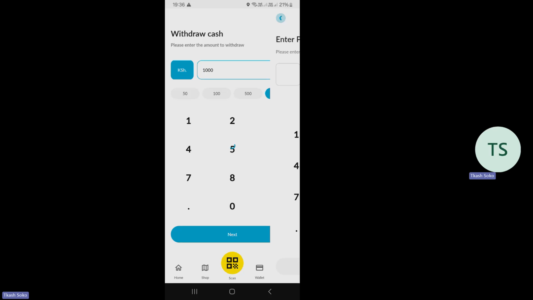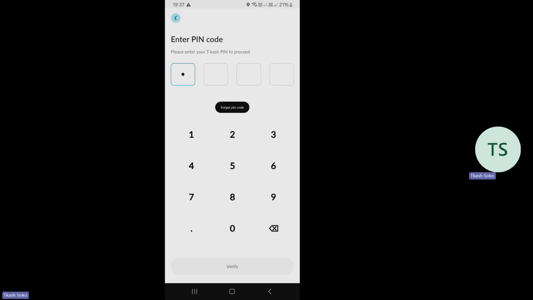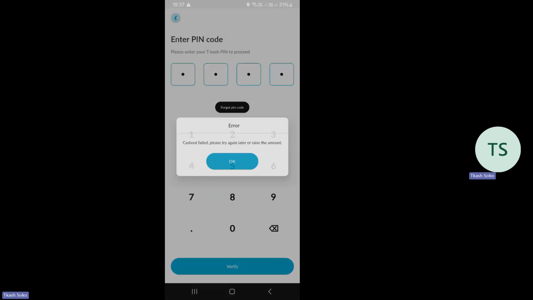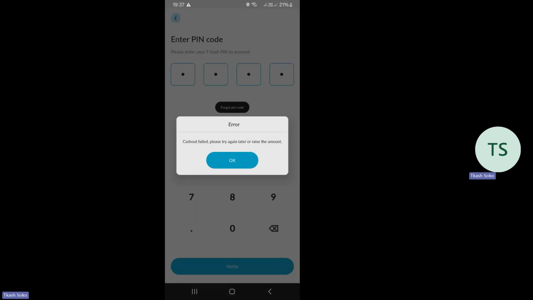So I'll enter my PIN and then verify. You can see it is telling me to confirm the details that I want to withdraw 1,000. So I can just generate code and the app will generate the code for you.